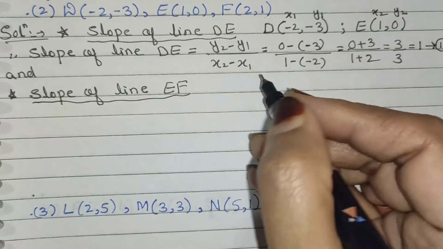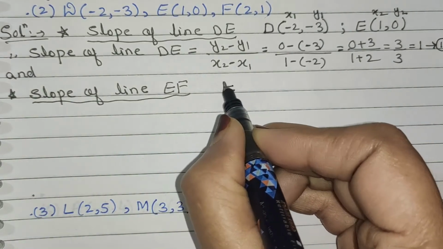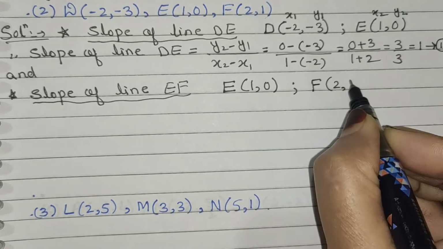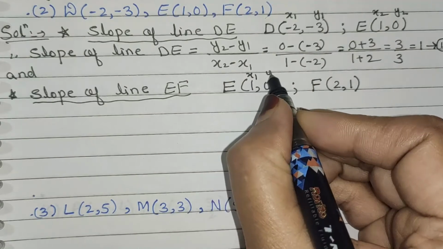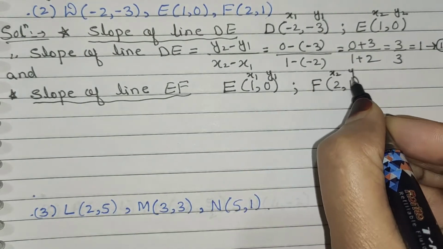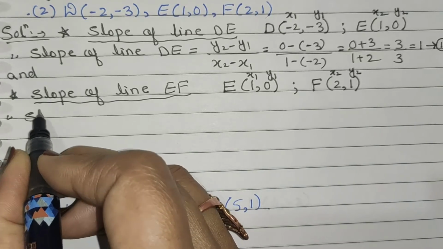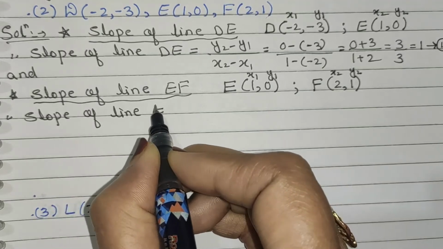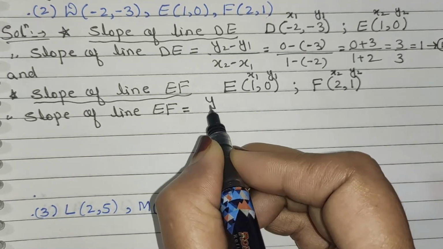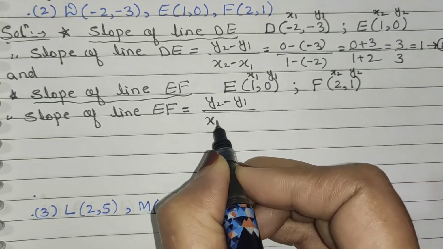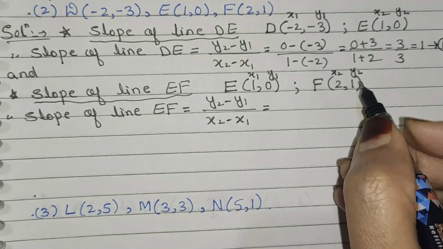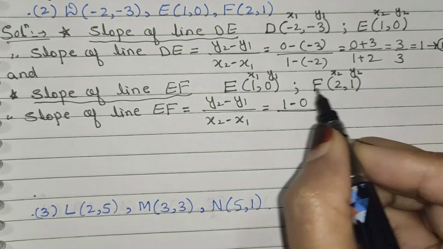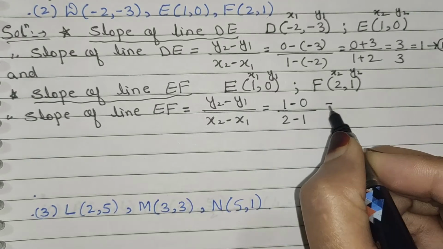Now for slope of line EF, write down the coordinates of point E (1, 0) and point F (2, 1). Let us consider the coordinates are x1, y1 and here x2, y2. Therefore, slope of line EF is equal to (y2 minus y1) upon (x2 minus x1). Now substituting the values, we get here (1 minus 0) upon (2 minus 1) is equal to